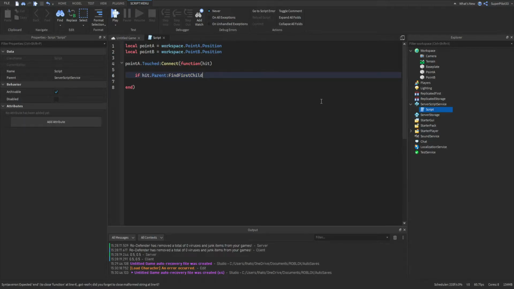Actually, we're going to be using something better. Find first child of class, just like that. And in here, type in humanoid. And then you type "then" with the space right before it. Hit enter. And now in here, what you want to do is hit dot parent dot